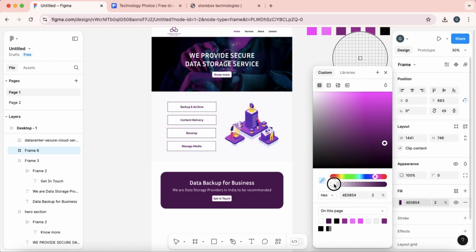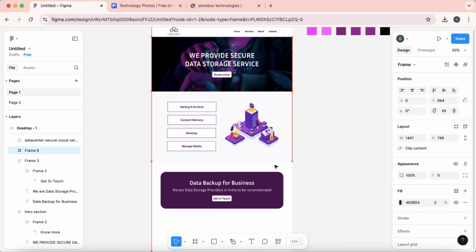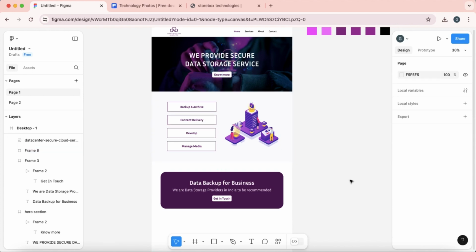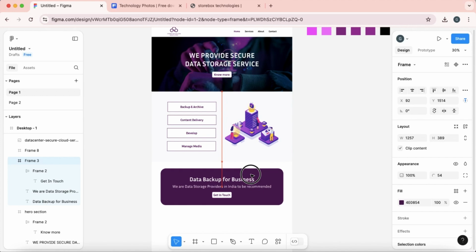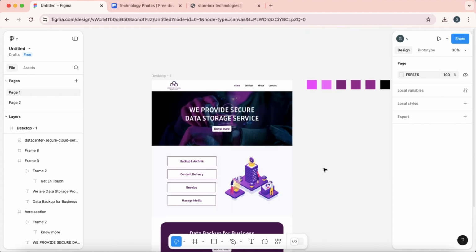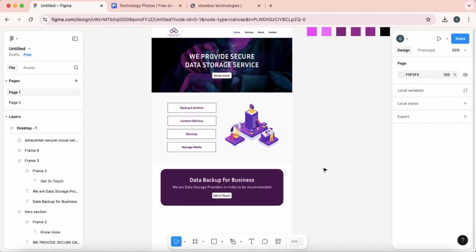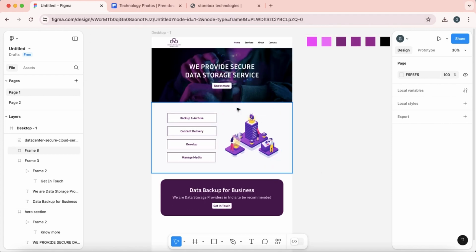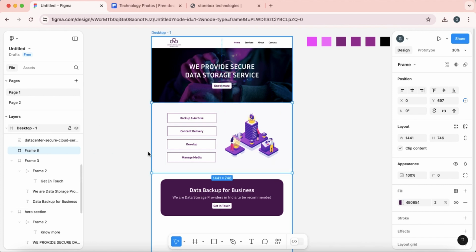Now this is fine. Now you can see the section difference now, but I don't like this color. I might change it later. See how this is how you can design any website or anything in Figma. And I think I should